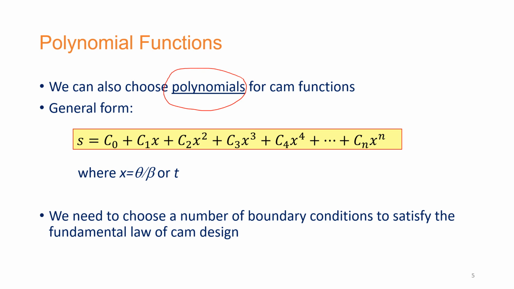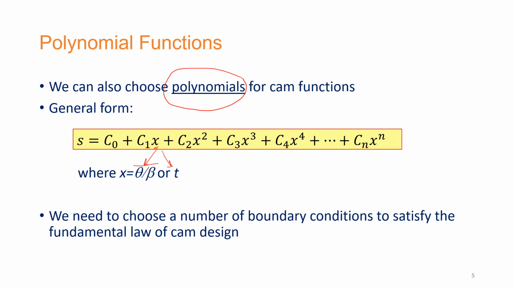In this case, s is equal to c0, which is the initial coefficient, which does not have any variable associated with it, plus c1x, and over here x can be, in our case, theta over beta, which is going to define, in a specific user-defined beta, how the angular displacement is happening,